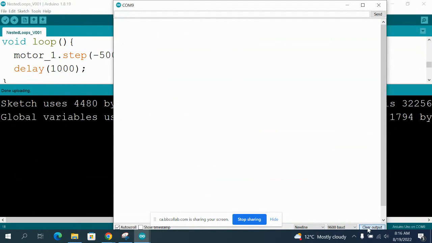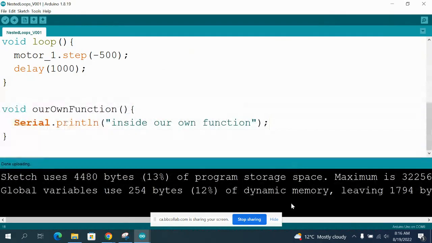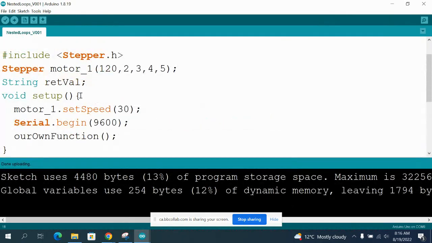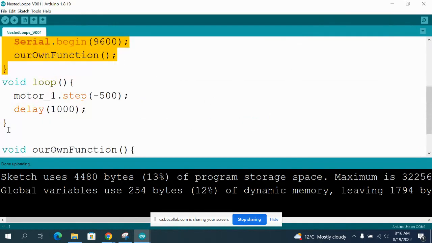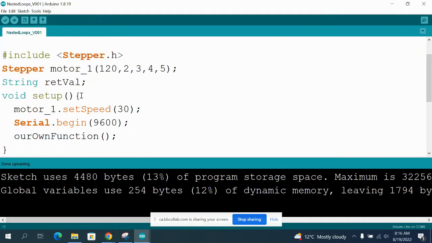Inside function, inside function. Okay, I'm just going to clear this. Now, what I want to tell you before we continue is that over here we now have a setup. This executes before everything, and it executes only once. Then we have a loop. After it reaches this bracket, it will start to do that again. This curly bracket shows you the start point and end point of that specific function, or actually not more than just functions, but yes, in this case, it shows you the start place and the end place of your function.